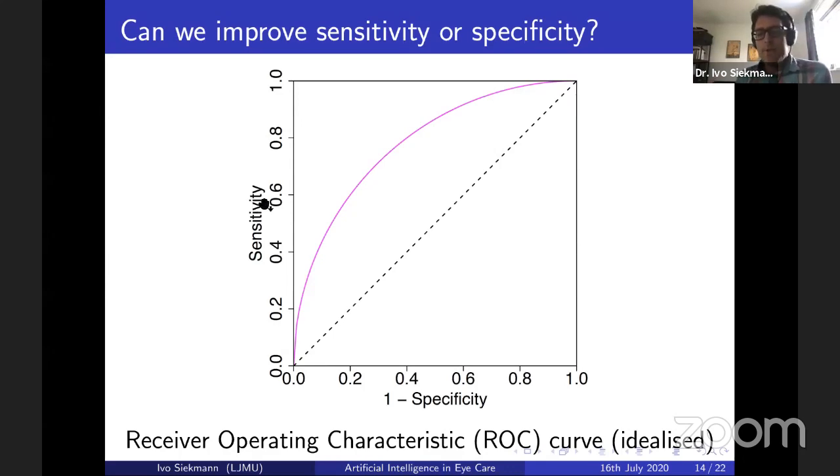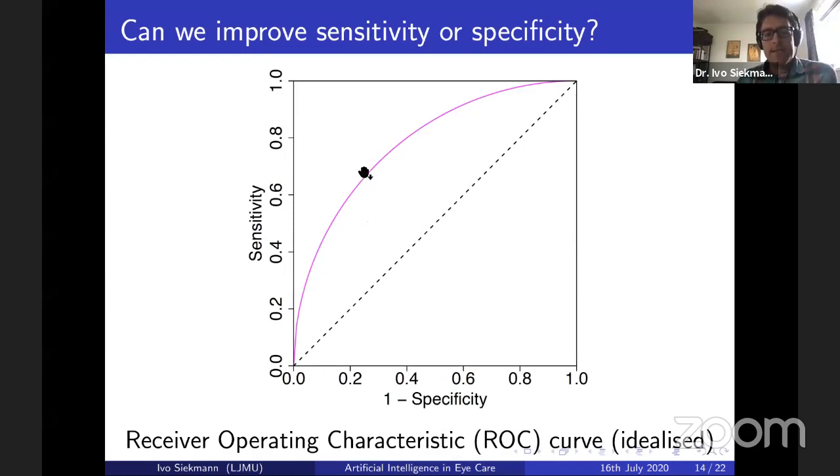if we want to be absolutely sure that we classify all sick patients correctly, we can simply say, okay, 100% of our patients are classified as sick. So we get, of course, 100% of them right. But that means that we also classify 100% of the healthy patients incorrectly. So this diagonal is not what we want to do. So the hope is that our method is doing better and gets slightly above or even much higher than this